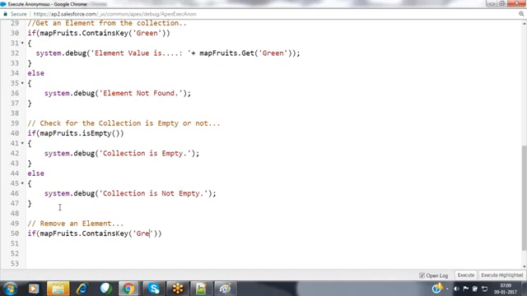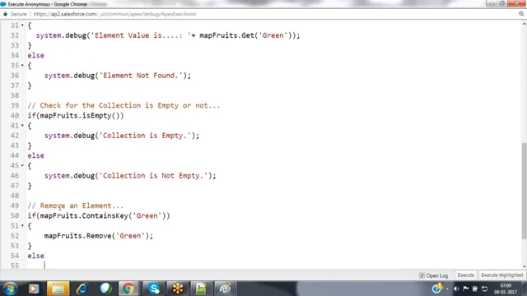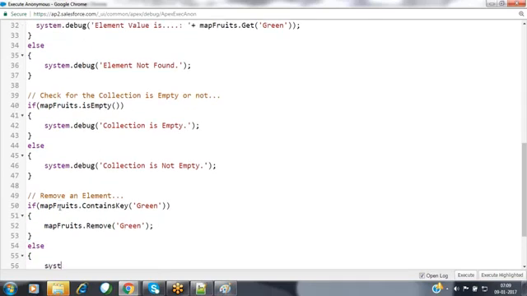I'm removing the element green. If the element exists, I want to remove it here. Map fruits dot remove of that element name. Or else I want to show that message here. System.debug element not found in the collection.